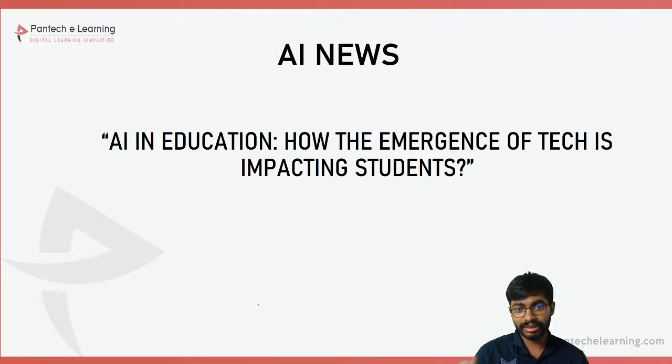Whether the students will be able to learn as fast as possible, whether the number of teachers will be reduced, or the teachers will be able to express their content in an intelligent way. Many such things we will be able to hear. In the upcoming years or decades, we will see AI in education as a major part. Now we are just talking about it as a small part. Hereafter, maybe AI in education itself will be a particular course. There are chances for that. This is one of the news items which I have read today. I hope this was helpful for everyone.